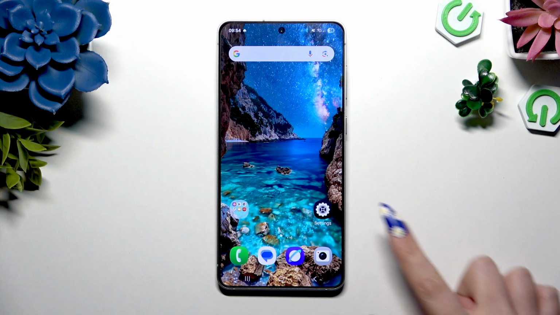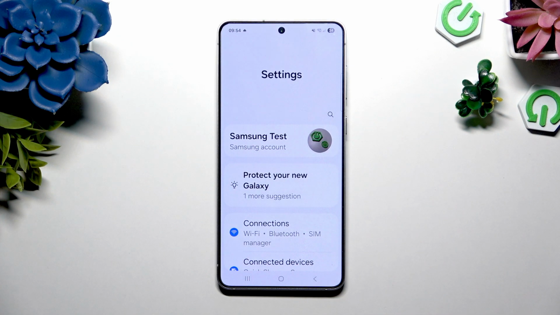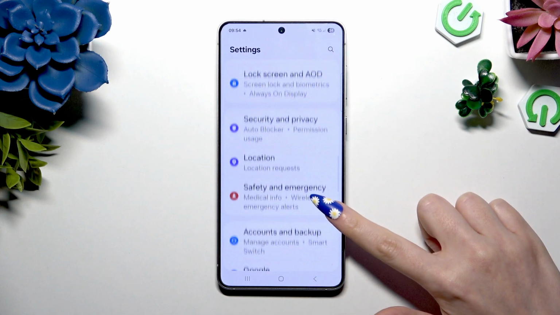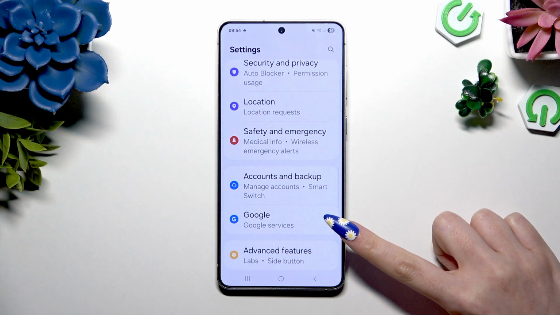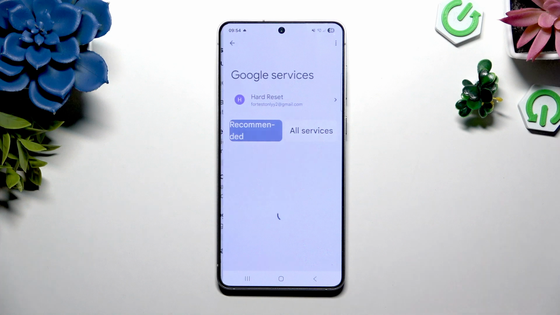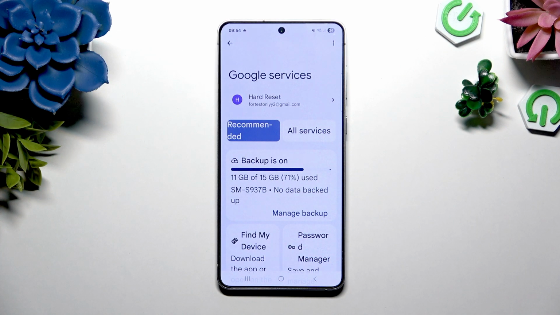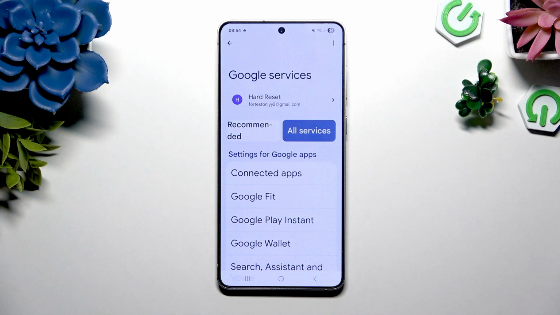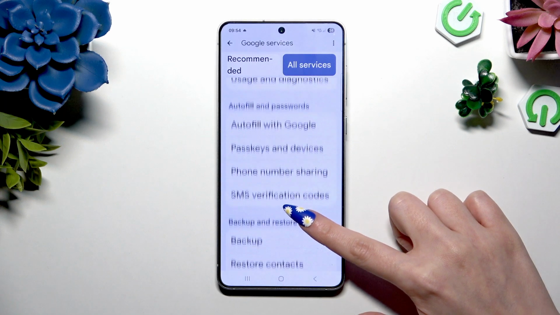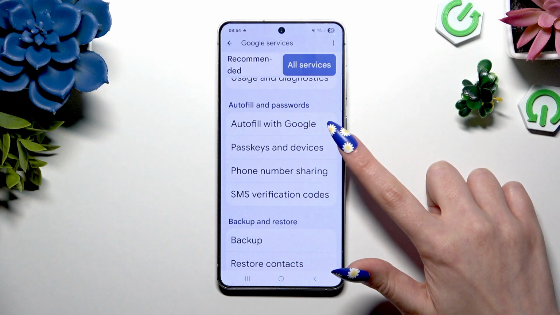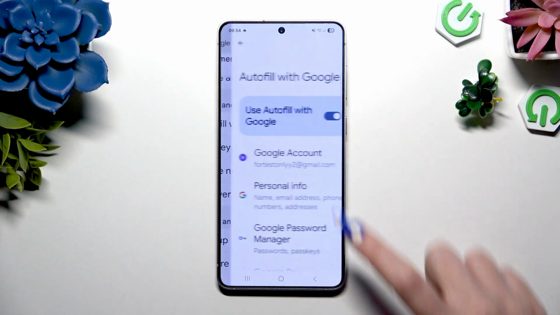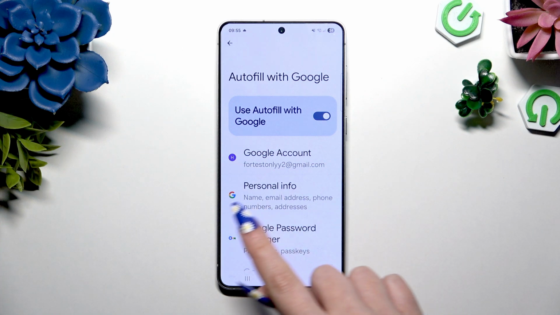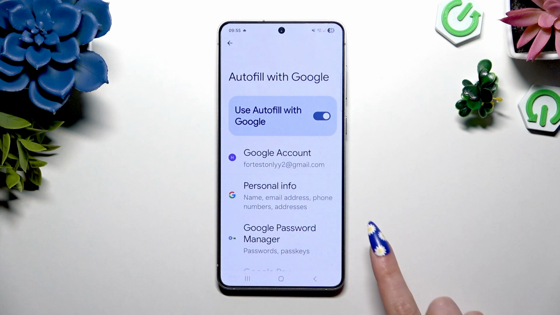Begin by opening Devices Settings. When you're ready, scroll down to click on Google over here. Now select All Services. Scroll again and this time click on Autofill with Google. Finally, you can choose Google Password Manager over here